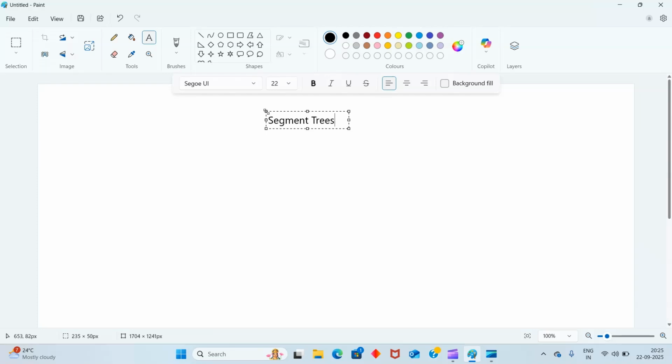Segment trees. Okay, what is a segment tree? It is basically a tree which stores the information of a range. It stores the information of a range. For example,